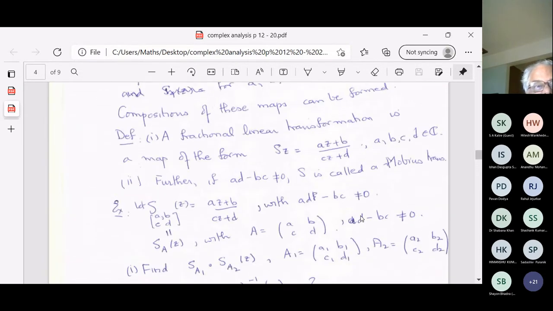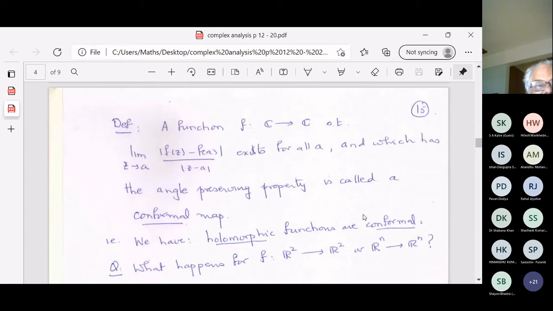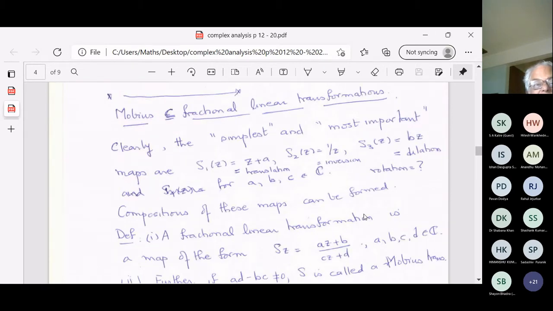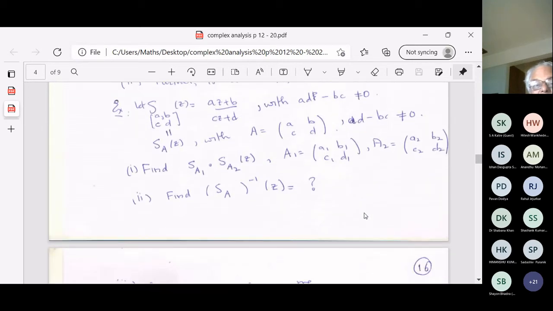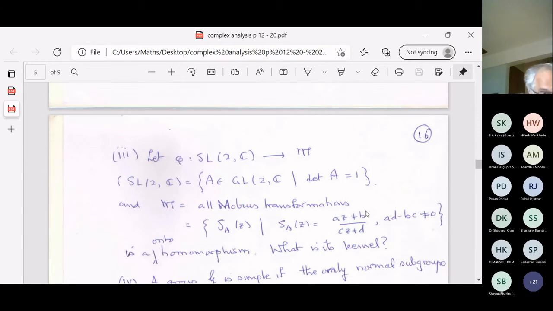Okay, I was trying to emphasize that Mobius transformations, where were we? We had some conformal map, and I said that every holomorphic function is conformal. Okay, and then we had talked about fractional linear transformations and Mobius transformations. And then I had asked you to verify that these Mobius transformations have a group structure. Okay, so there is this connection between what we are talking about and a group structure. And I'll say a little bit more about that. Maybe I should say it right now.